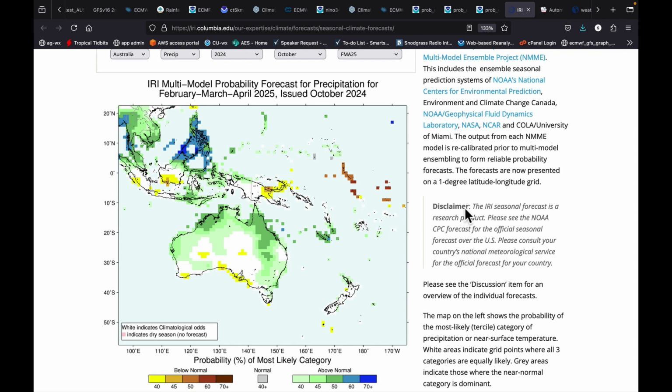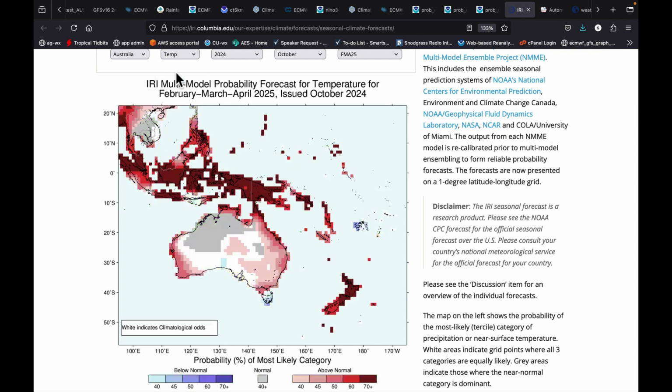And the reality is, as we start to build in some heat and get into our thunderstorm season, we're going to be watching carefully how the day-to-day events really shape up to tell us when and where we're going to get precipitation. Overall, on the temperature side of it, you're going to see here that they've got normal here, but